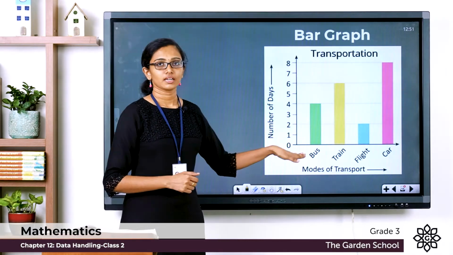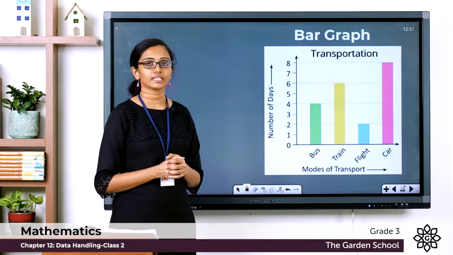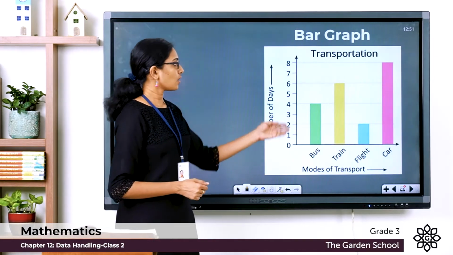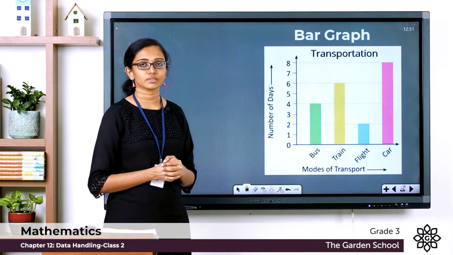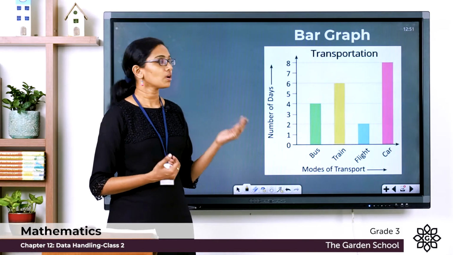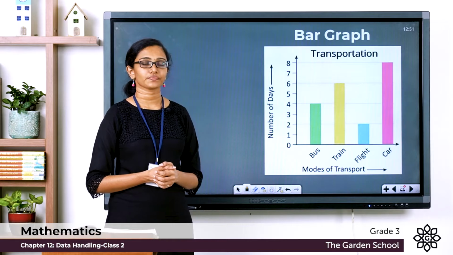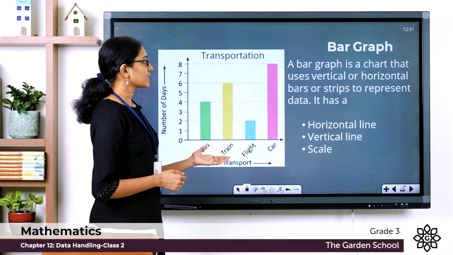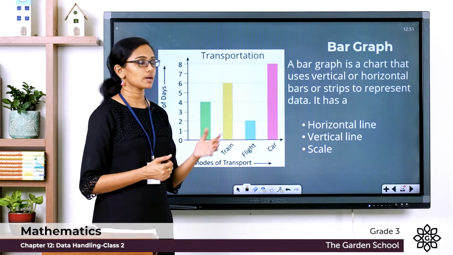data items. There is a horizontal line which represents the category of data items, and you can see the different category called labels. Now on the vertical line you can see the value or number of data items. And there is also a title that tells what this bar graph is about, what kind of data is depicted. So, a bar graph is a chart that uses vertical or horizontal bars or strips to represent